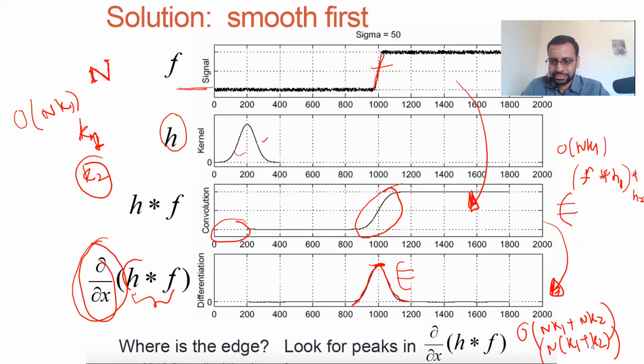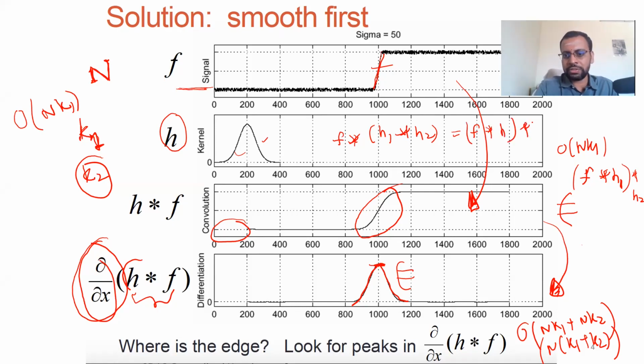So first we will differentiate the kernel. Then that's all. Very good. So what I will do, in fact, is F convolved with H1 convolved with H2. What is the advantage there? This is the associative property, right? It's the same as F convolved with H1, convolved with H2. You all know that. So I would take a derivative of this Gaussian,